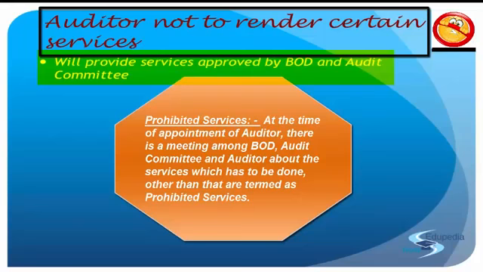So when an auditor is appointed under the act, he should provide for the company only such services which have been agreed upon amongst the auditor and the board of directors or the audit committee wherever it is applicable. So if the company has an audit committee, it will. Otherwise, the board of directors will sit and decide what it is that the board of directors require from the auditor. So these are certain services. We need you to perform this, this, and this, and give your comments and your observations on so and so as well. So it has to be decided in the beginning. That this is the only limitation.